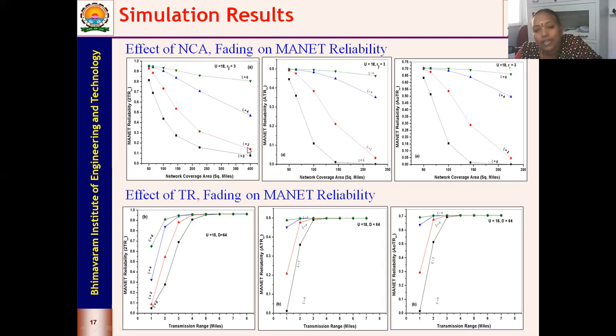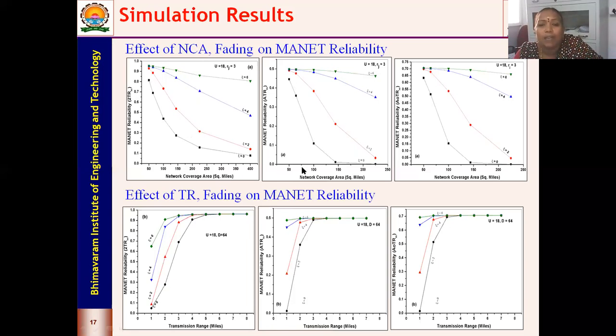And as you increase psi to 2, 4 or 6, you see that you have a better reliability performance, though there is severity in the environment. Though it is severely affected, we still have a network performing with good reliability values. So this is about 2TR. When we come into ATR, ATR means all the nodes have to be active. So when all the nodes are active, obviously the reliability will be lesser than that of your 2TR. So for 2TR we got at 60 miles, say 64 miles, we have got 0.8 something.